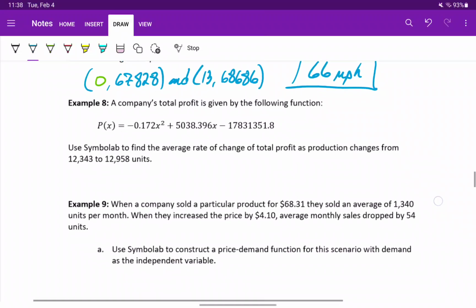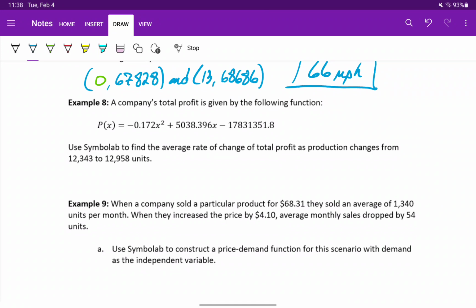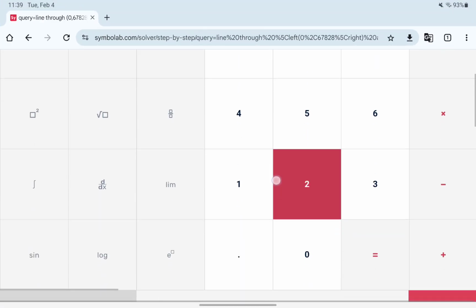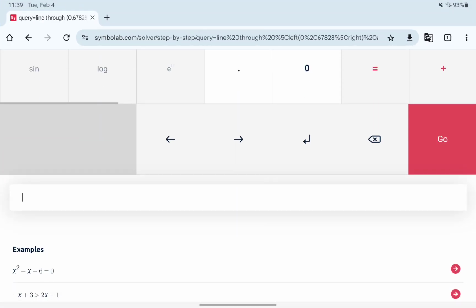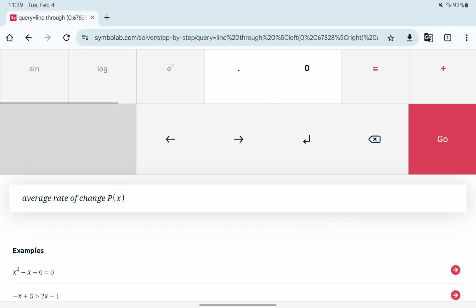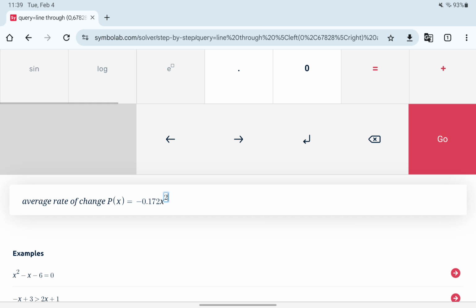In example 8, we want to find the average rate of change of total profit as production changes from 12,343 to 12,958 units for this given profit function. We can do this in Symbolab, but in this case we're going to need to pay very close attention to some of what we enter here. We're going to ask Symbolab to find the average rate of change, and then we need to make sure we enter the function name and function notation. So we need to include p of x is equal to negative 0.172 x squared